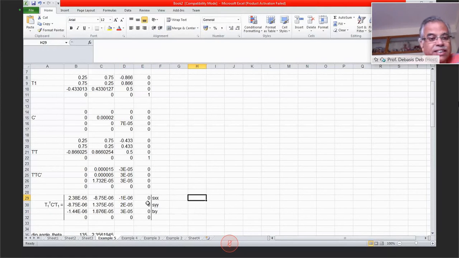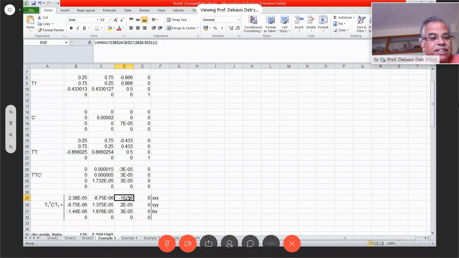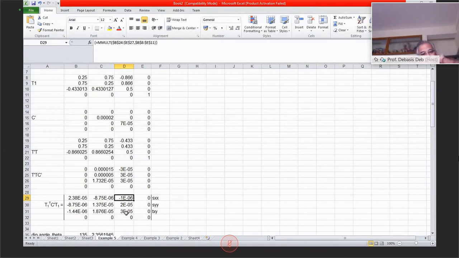Now you see, in tau xy, in sigma xx, there is a component for gamma x. This used to be 0, but now this is no longer 0. There are some values, and this is coming because there is a joint plane. So now it's purely anisotropic. It is still a symmetric matrix. You can see this is still a symmetric matrix, so this equals this equals this, and still these will all be positive.